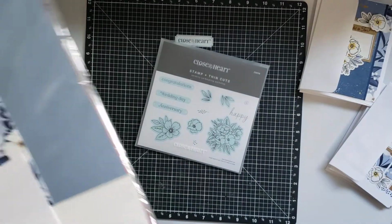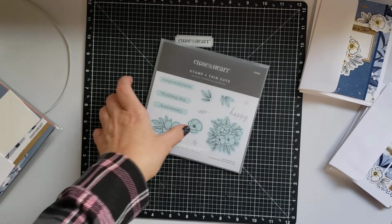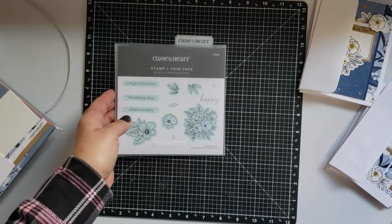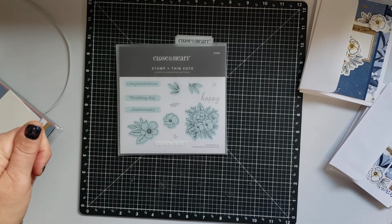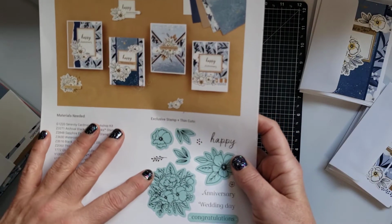The papers are beautiful, and it comes in a packet of all the products you need to make 16 cards. You get the stamp set, along with 16 bases and envelopes, and a list of possible materials you may need to add, like ink pads, glue, scissors, paper trimmer, things like that. But it comes with instructions,